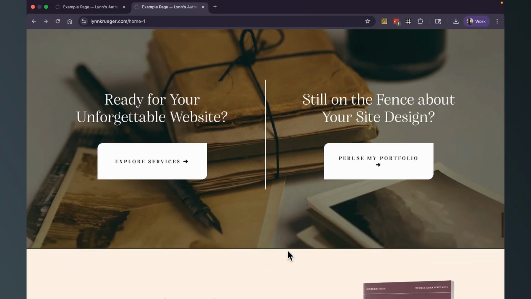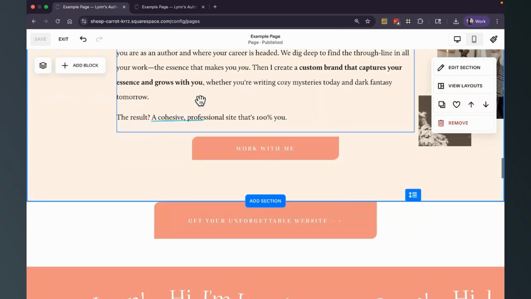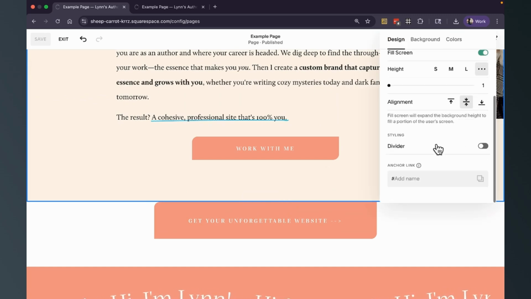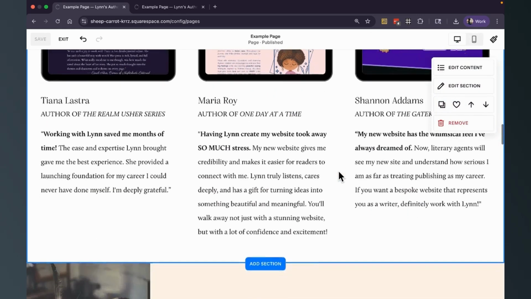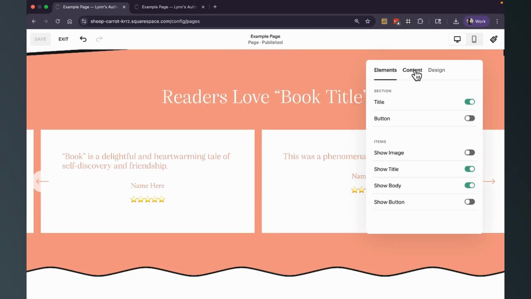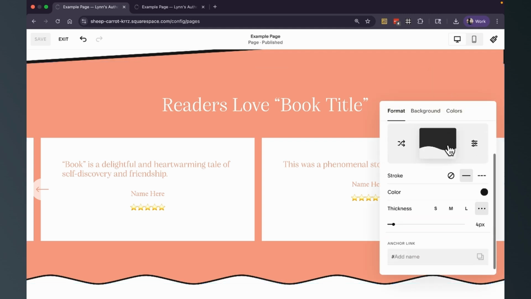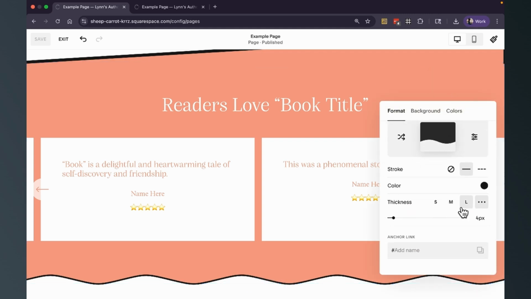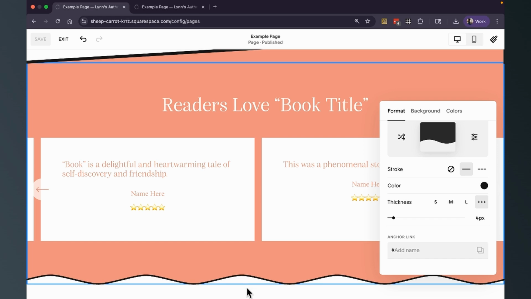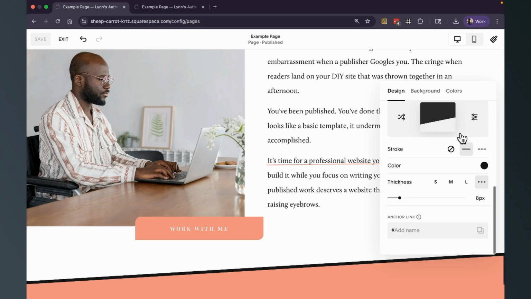And so one thing I would just recommend is if you decide to play around with your dividers, go ahead and see if you have dividers already on your site. For example, if I go to this one, he has a divider. I would encourage you to see what the settings are on the dividers you already have to keep them consistent. So for instance, this one I have the waves and then my dividing line is 4 pixels. And so if you decide you want to add these to maybe above, maybe you want this to match, I would just really encourage you to make sure that your pixels match up